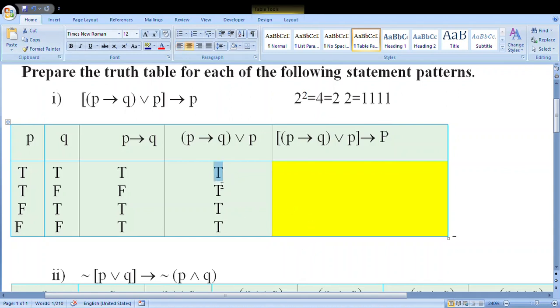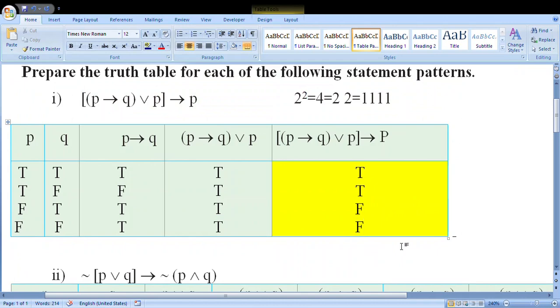So first is T. Okay. Second is F. It is not. So answer should be T. First is T. Okay. Next is T. Rule is not satisfied. So answer is T. First should be T. Okay. Second should be F. It is also okay. Rule is satisfied. Therefore answer is F. First should be T. Next should be F. Rule is satisfied. Answer is F. And therefore the answer of the given question is T, T, F, F.